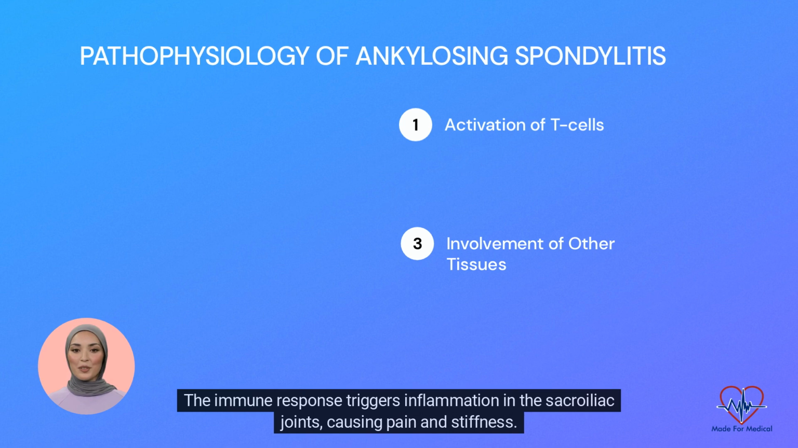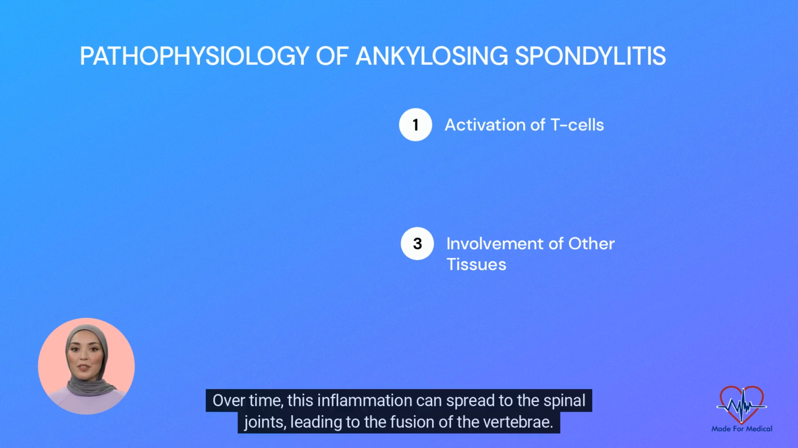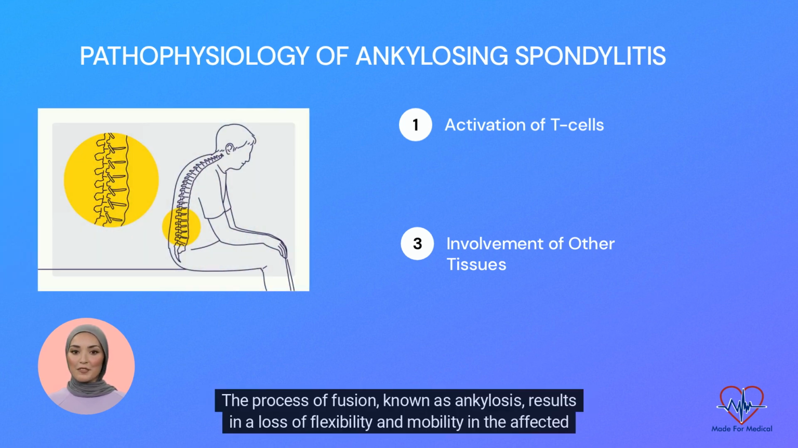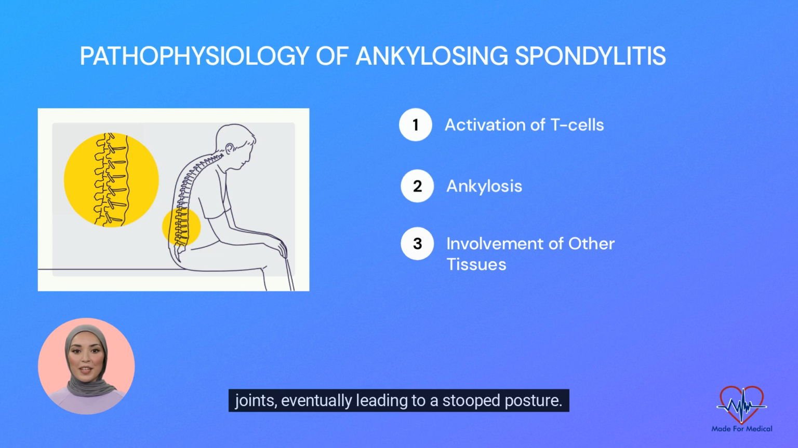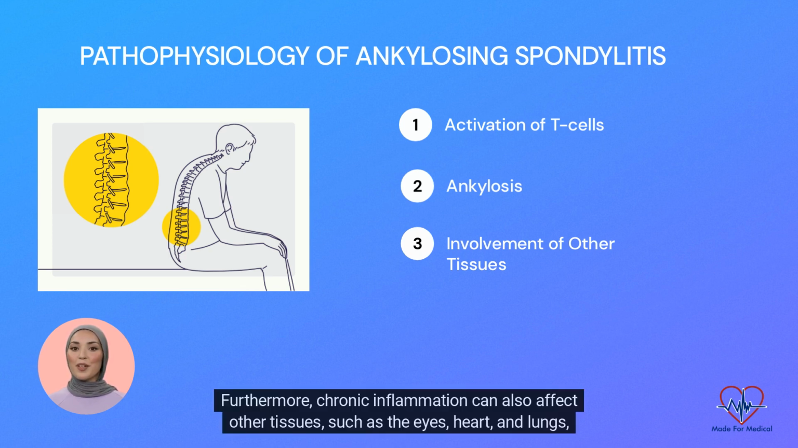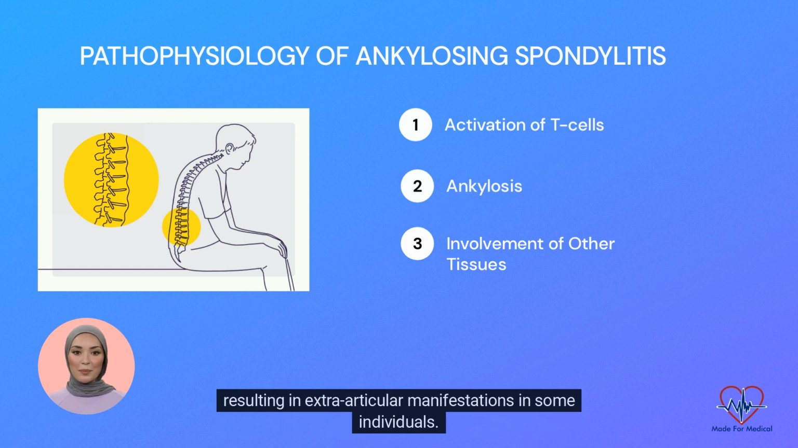The immune response triggers inflammation in the sacroiliac joints, causing pain and stiffness. Over time, this inflammation can spread to the spinal joints, leading to the fusion of the vertebrae. The process of fusion, known as ankylosis, results in a loss of flexibility and mobility in the affected joints, eventually leading to a stooped posture. Furthermore, chronic inflammation can also affect other tissues, such as the eyes, heart, and lungs, resulting in extra-articular manifestations in